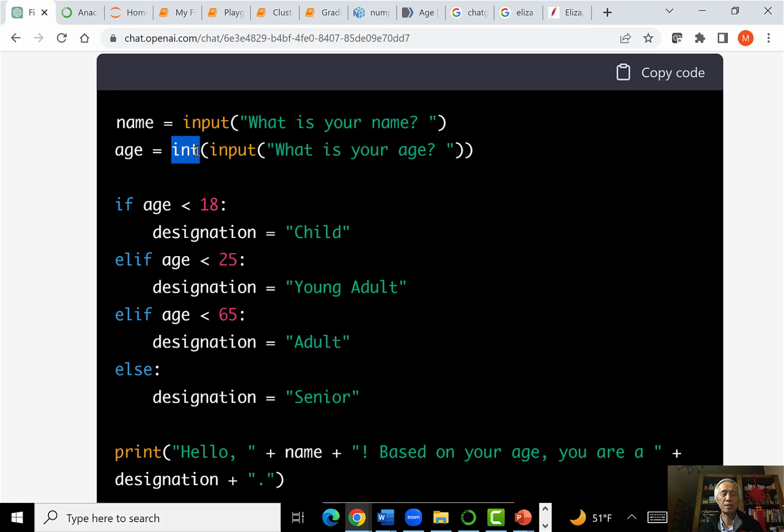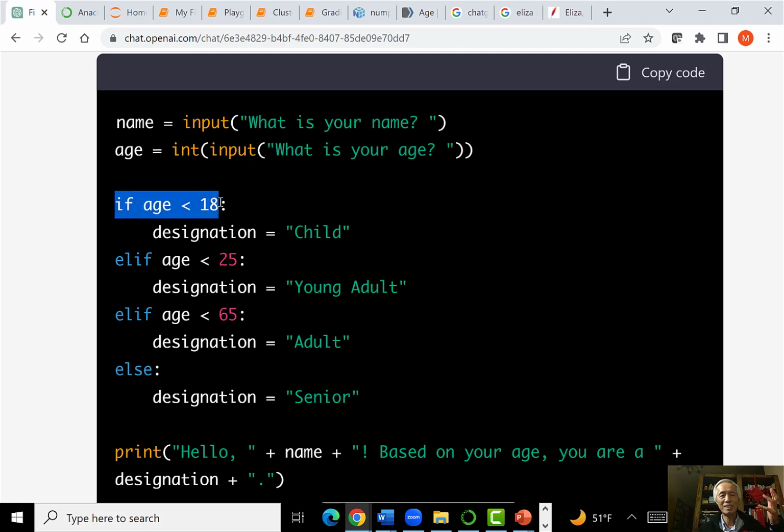So here they use what we call a data type conversion function. In this case, int just means integer, which means convert that string into an integer, because later we're going to use that integer to compare with some number or age, another integer, to decide whether, in this case, if